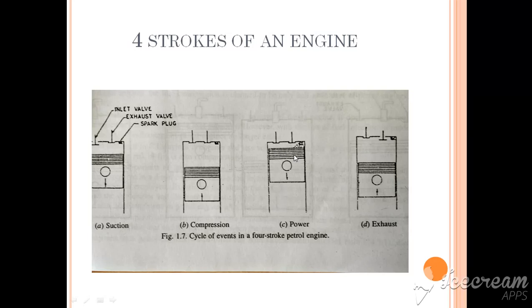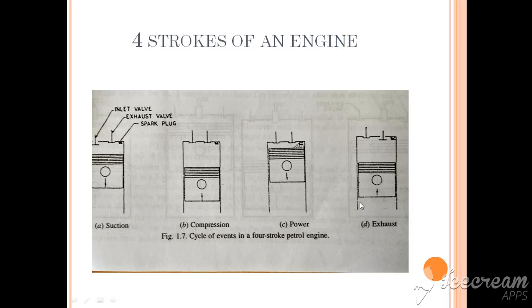Here, due to the ignition of the air fuel mixture, a lot of pressure is generated in the small space. There is no way that this pressure can diffuse. The only way is it pushes the piston downwards with a heavy force, and due to this the power is generated in this particular stroke, and this is known as the power stroke, where the piston moves with a lot of force from the top dead center to the bottom dead center. By the time the piston moves to the bottom dead center, all the air fuel mixture is burnt.